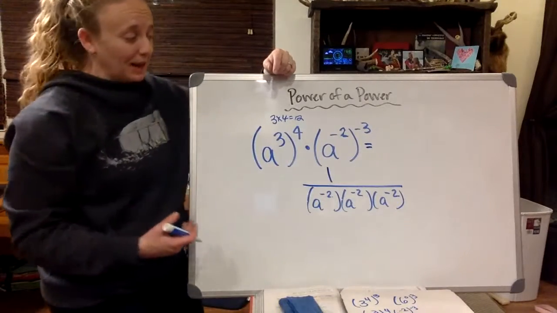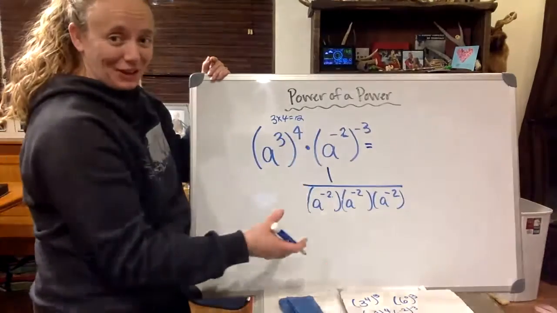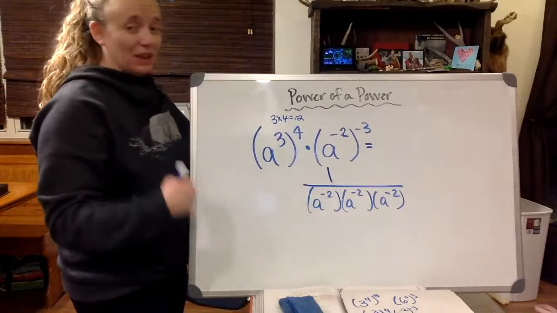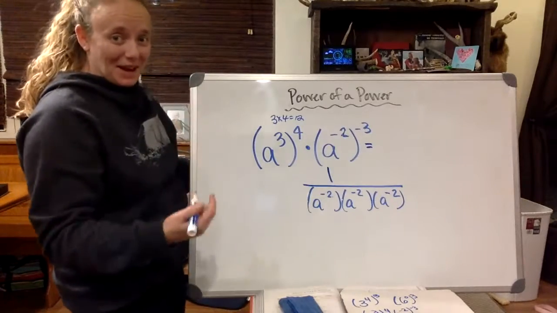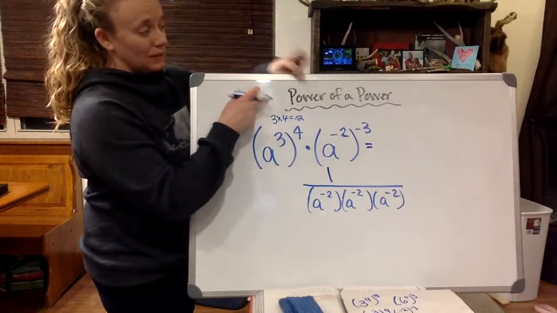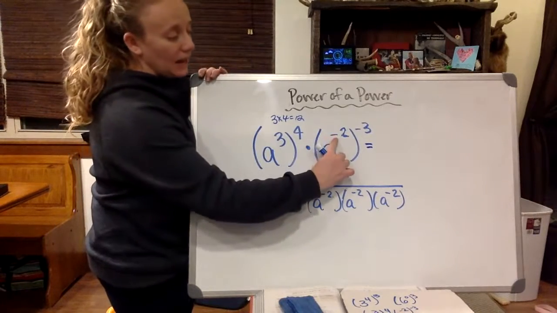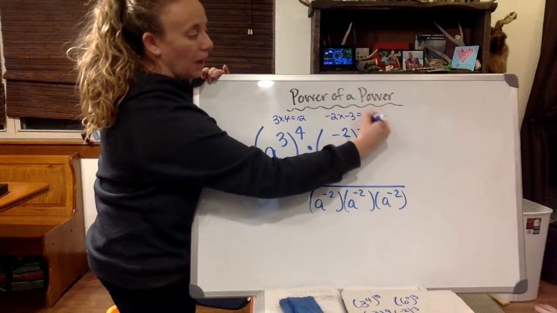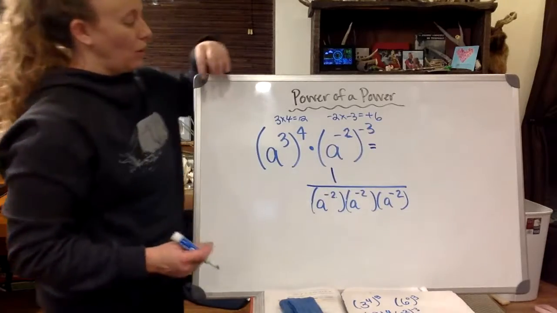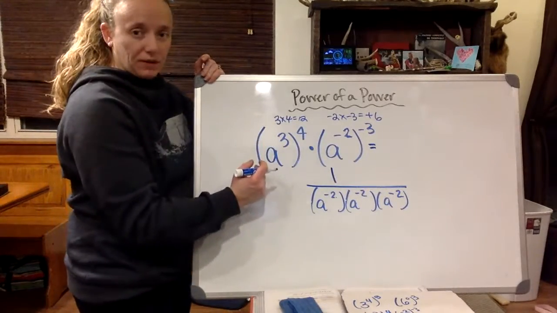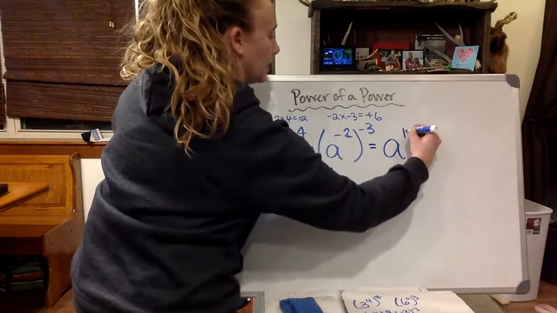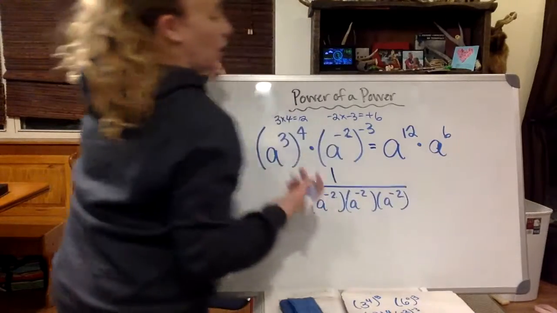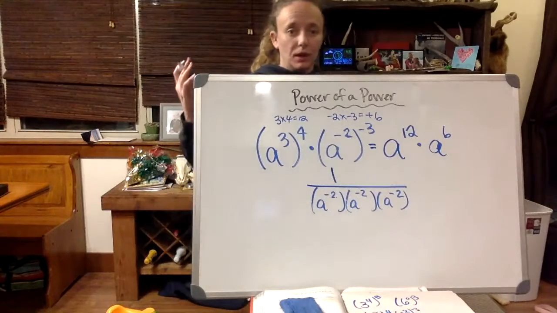Now, how do I deal with that negative? I essentially have a fraction within a fraction, so I'd have to deal with that. How do you deal with a fraction within a fraction? You're essentially multiplying by the reciprocal, or like the opposite. So might as well just embrace this power of a power property and say negative 2 times negative 3 equals a positive 6. So I have, for this first part of this exponent, a to the 12th times this second part of the exponent, a to the 6th,